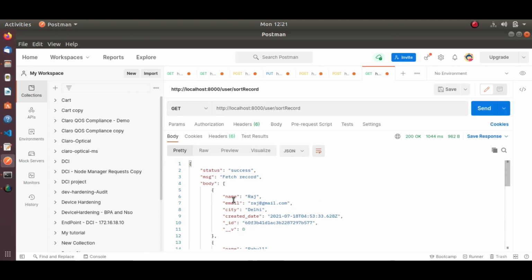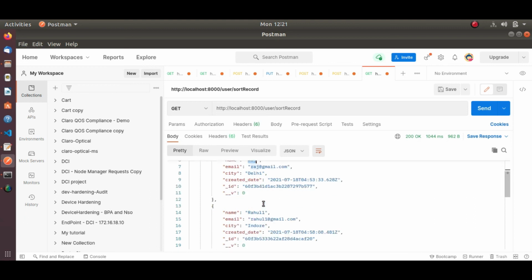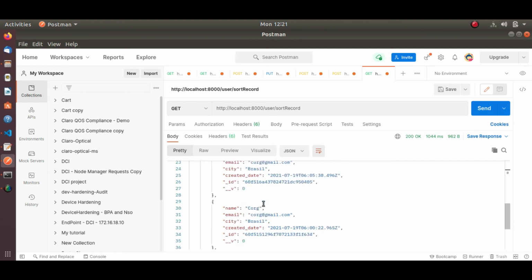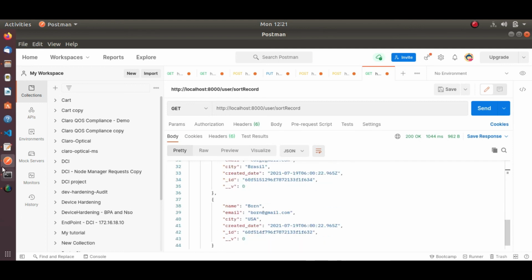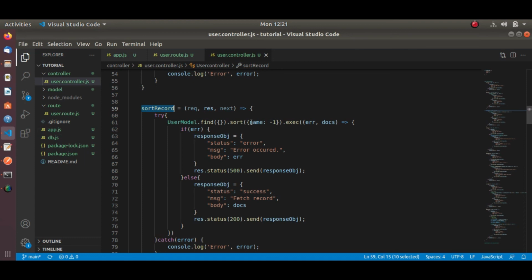See, some records fetched. So it came in descending order.